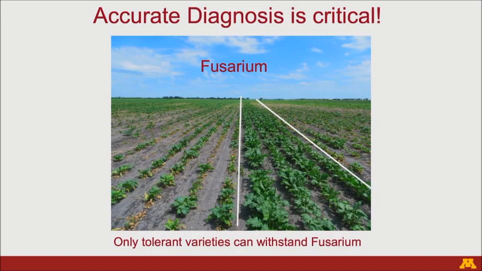Now we're going to talk about Fusarium, right? So this is a grower field close to Crookston. Last time they had beets, they thought they were dealing with rhizoctonia. And then next time he was planting beets, he was curious, like most of you, so he planted 2 different varieties in the field.